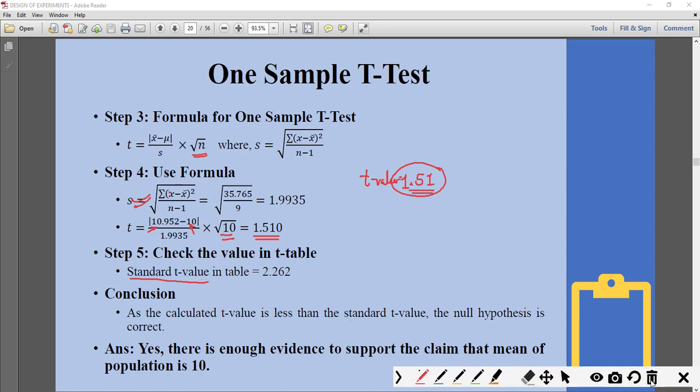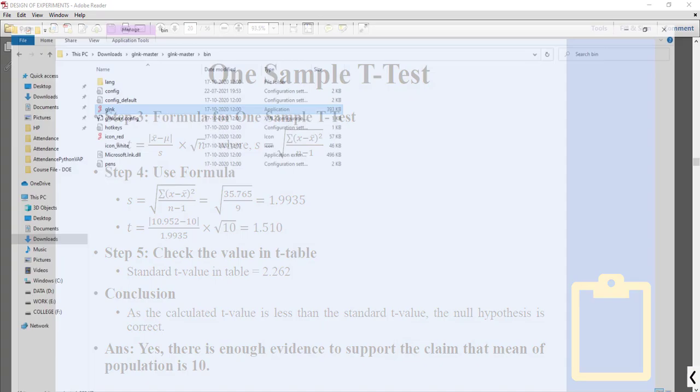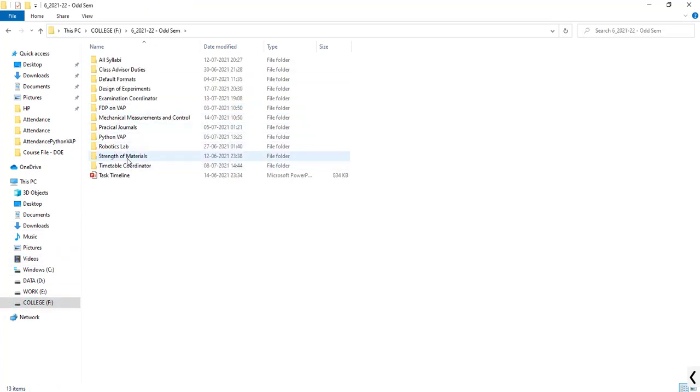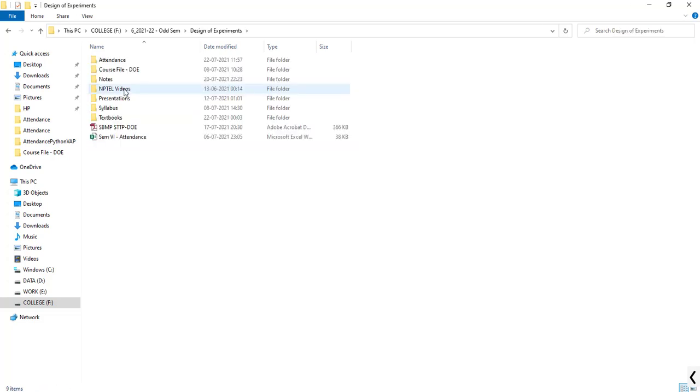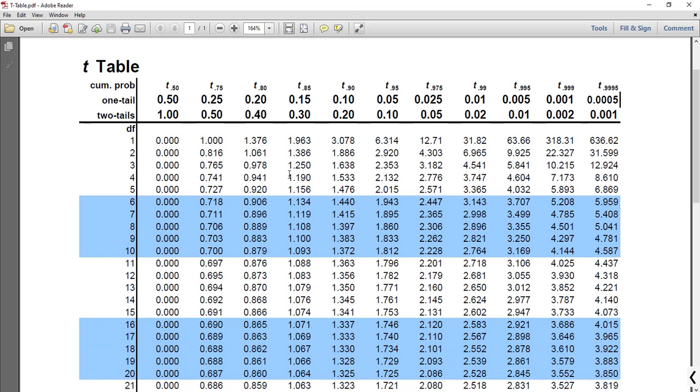Now how do we find out the standard t value? To find it out, just a minute. I have given these tables on our Google Classroom also. Yes, the t table. Okay, so this is our t table. What are we doing? We are always doing two tail. Don't go into what one tail and two tail are right now. We will always be doing two tail questions.